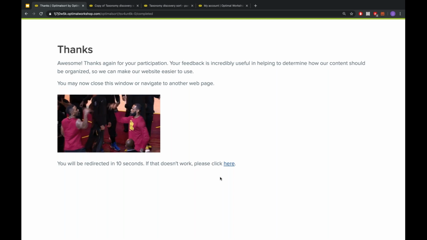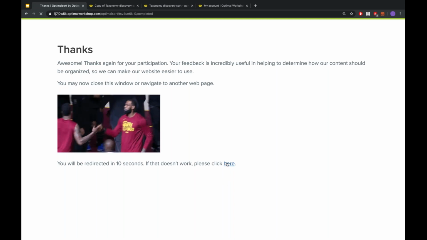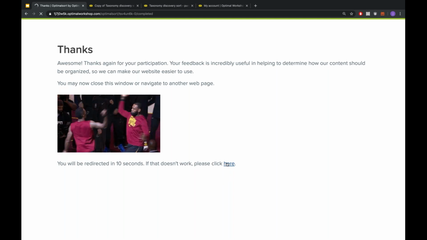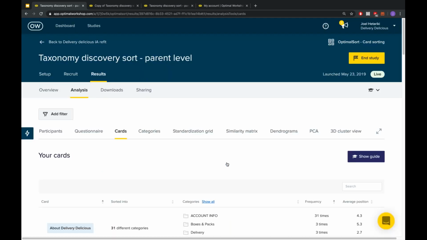I've added a nice GIF for a little bit of flavor here, but I'm just going to click to take us through to the results. That's not automatic or going to happen for your participants if you use our tools at all. It's just really nice for me doing the presentation here to have that teed up immediately. But it is great if you're working with a third-party panel, or if you want to send participants to a different study type, whether that's in our tools or somewhere else. It's a great way to chain it together and make it a unified experience for your participants.